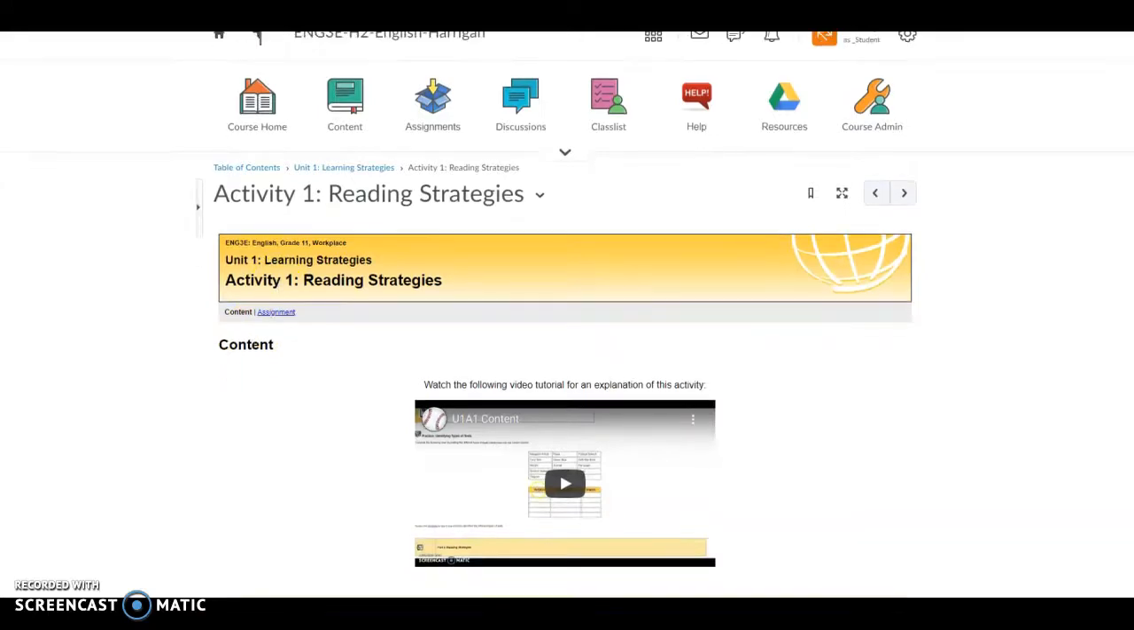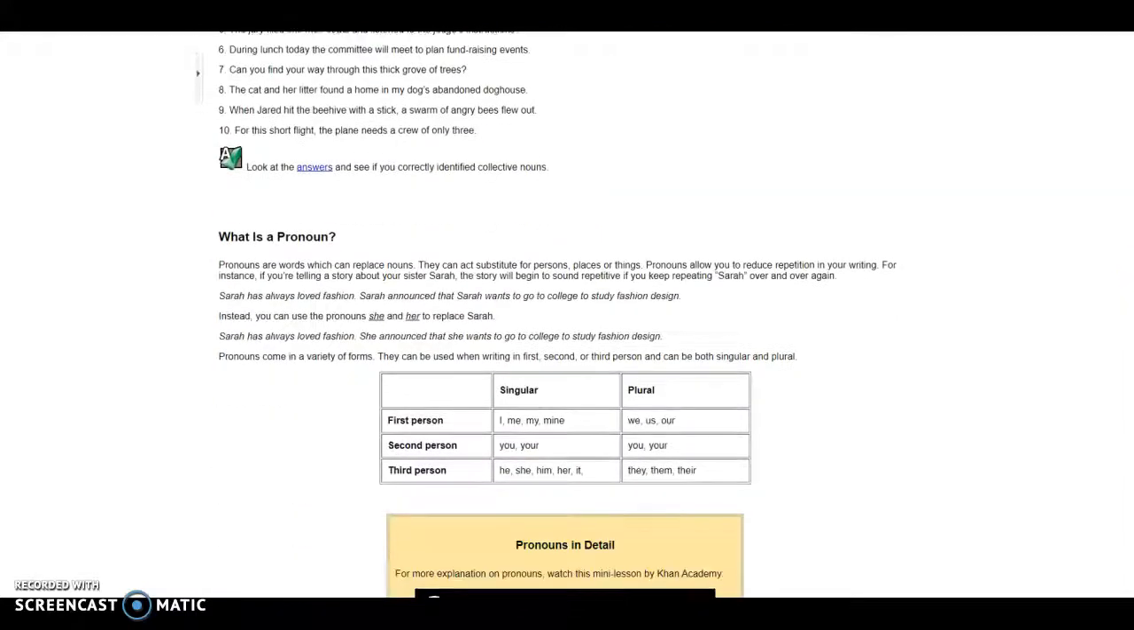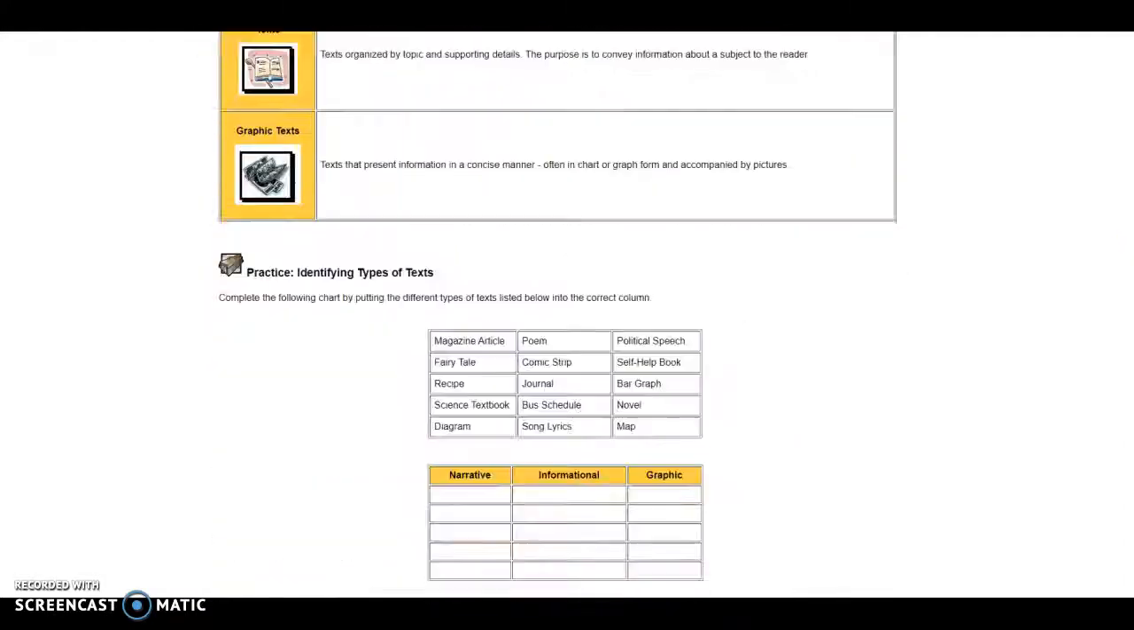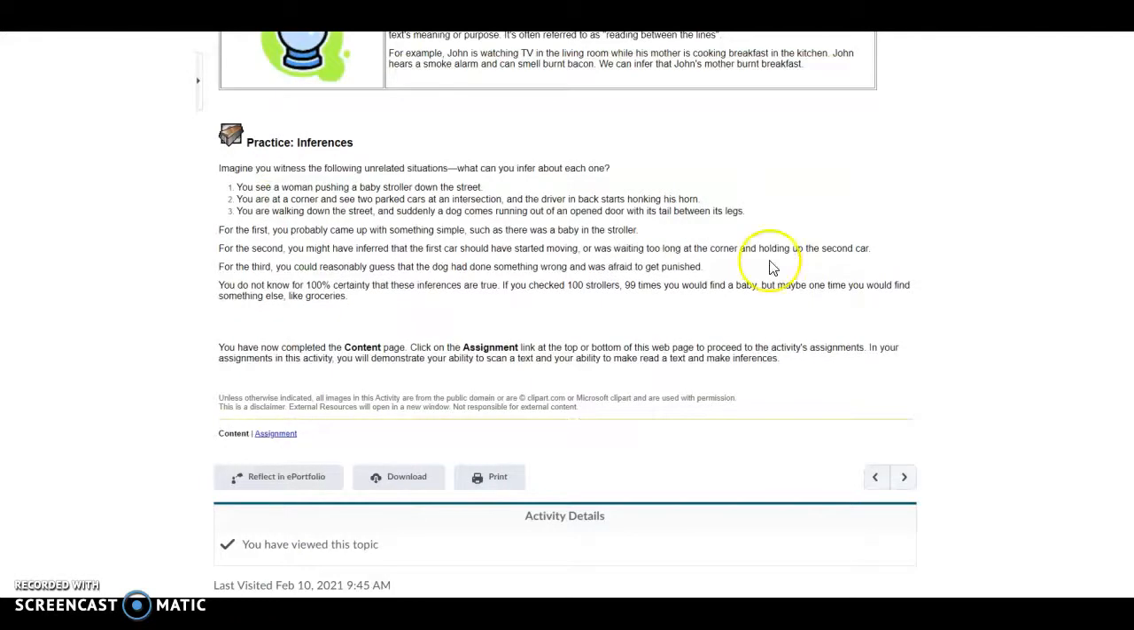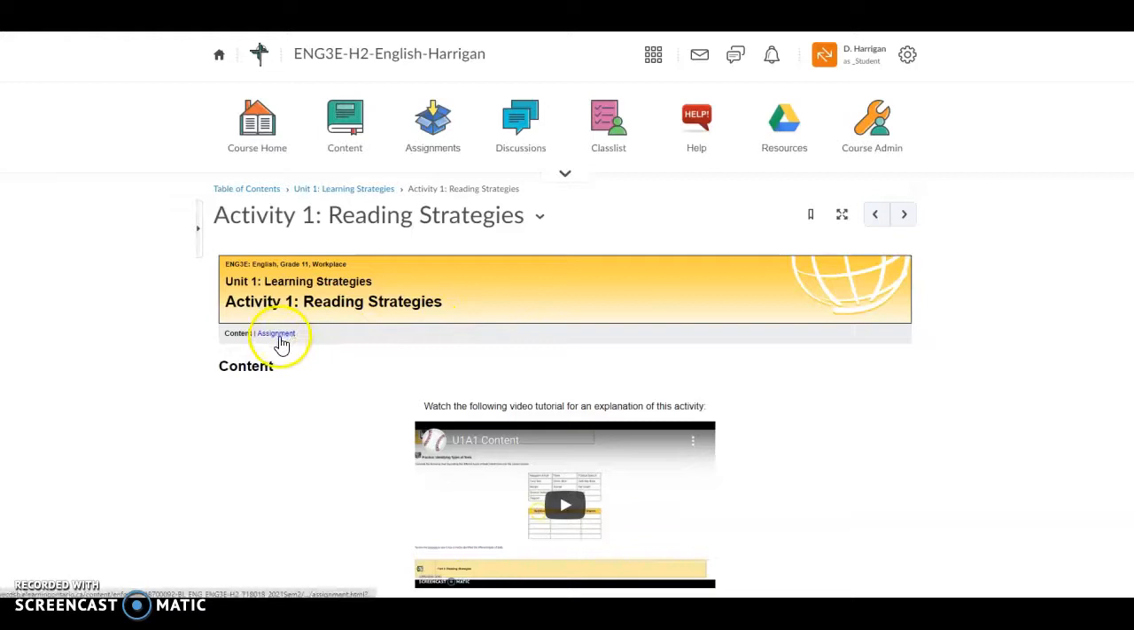So hopefully you've already gone through all of the content and all of the practice. This is the lesson for Unit 1 Activity 1. And then when you get to the bottom, it'll say you have now completed the content page. Click on the assignment link at the top or bottom of this web page. So you can click here on the assignment button right here, or you can click here on the assignment button